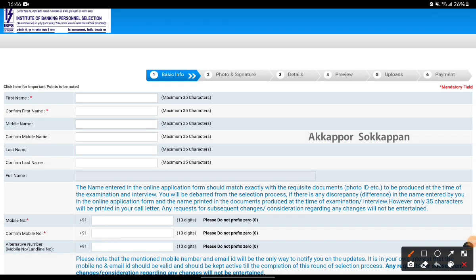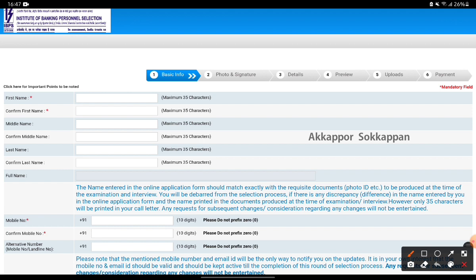Friends, you have to be very careful while filling this application. You have to make sure that every piece of information you have given is correct, because after submitting your application, you cannot change anything. So while applying itself, you have to be very careful that you have given the right spelling for your name, your mobile number, mail ID, and the photograph should be in the specified size, and your eligibility criteria like date of passing, etc. should be